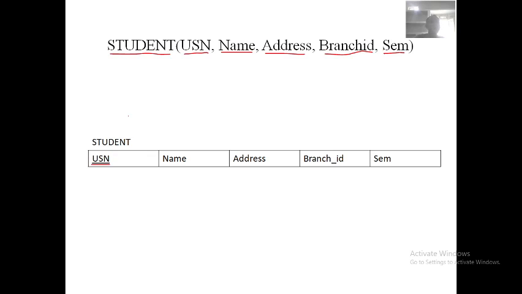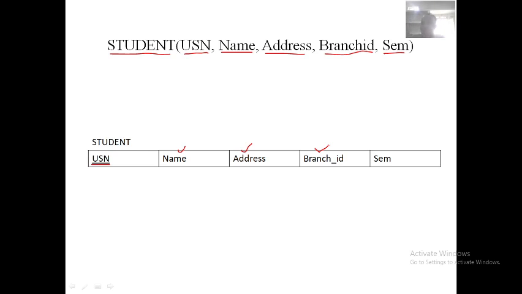Here USN is the primary key, and every student will have a university seat number, which is unique and not null, and every student will have a name, an address and a branch ID. Let me come to this. Now see here, this branch ID is the primary key of the branch table. Am I right? Yes, sir.